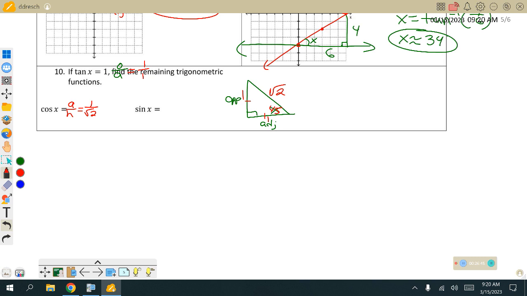Rationalize that denominator. Again, we are at the point here where the majority of you should be able to rationalize that in your head. You should be able to tell me root 2 over 2 like that. You go into physics next year in algebra 2, you're going to be doing what we call the polar coordinate system. Get to know those very quickly. It's going to be root 2 over 2. If you're not getting that root 2 over 2,